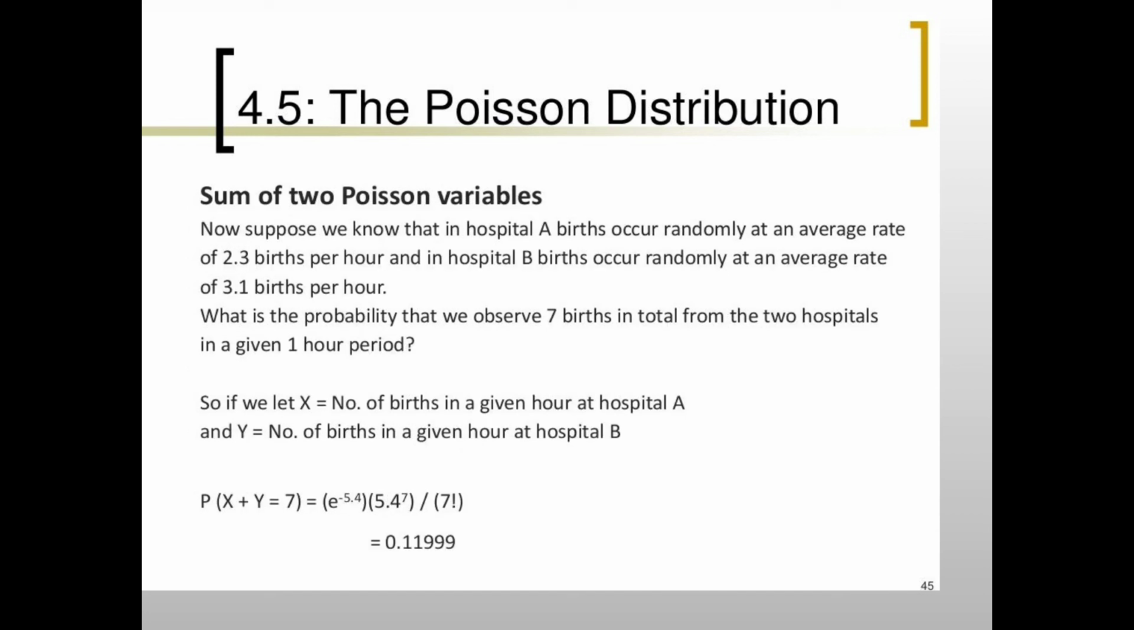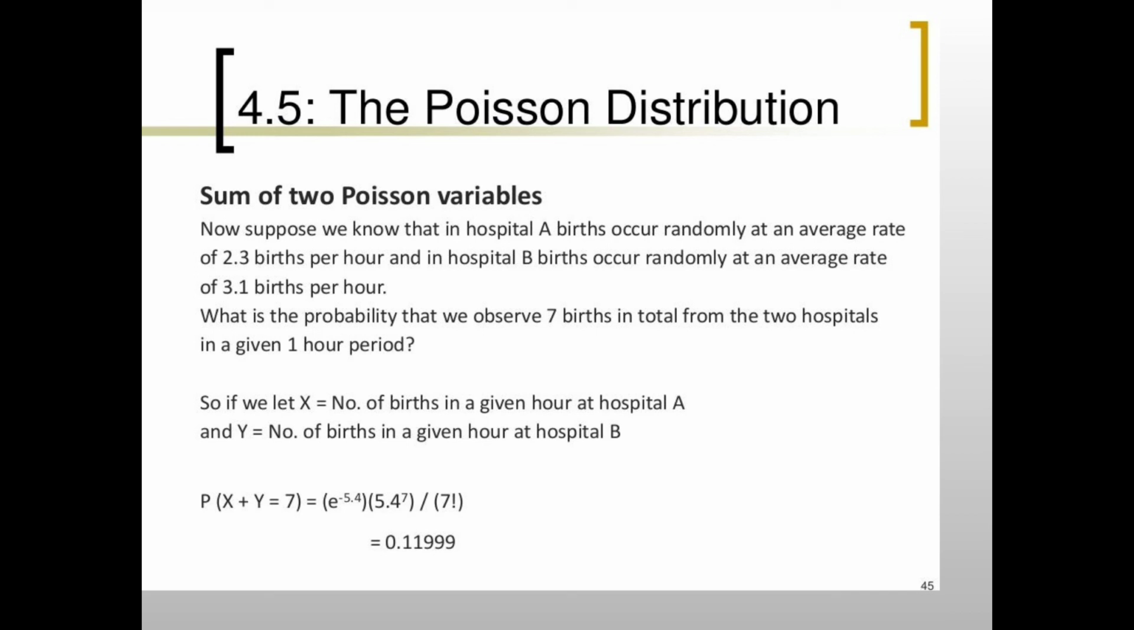The sum of two Poisson variables. Now suppose we know that in hospital A births occur randomly at an average rate of 2.3 births per hour, and in hospital B births occur randomly at a rate of 3.1 births per hour. What is the probability that we observe 7 births in total from the 2 hospitals in a given 1-hour period? So if we let x be the number of births in a given hour at hospital A